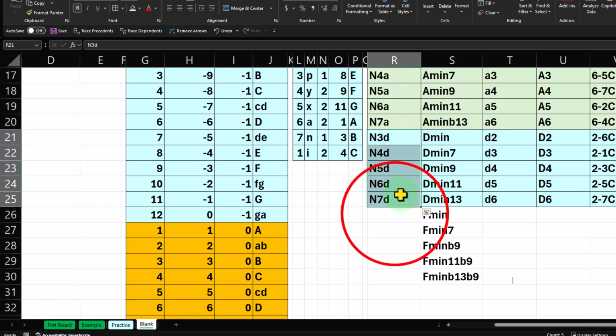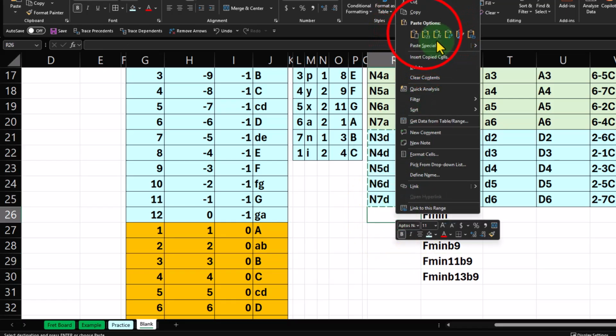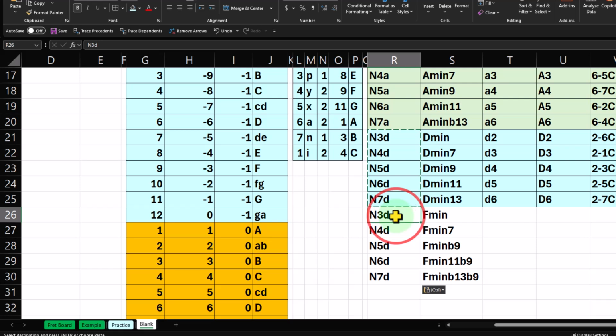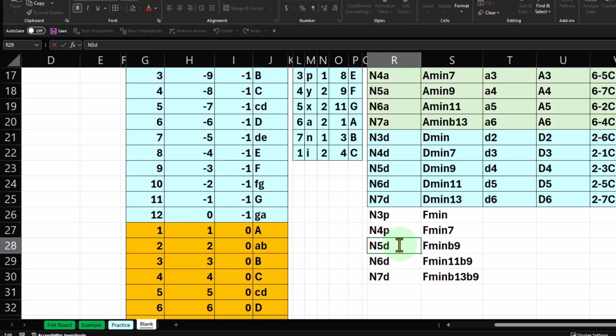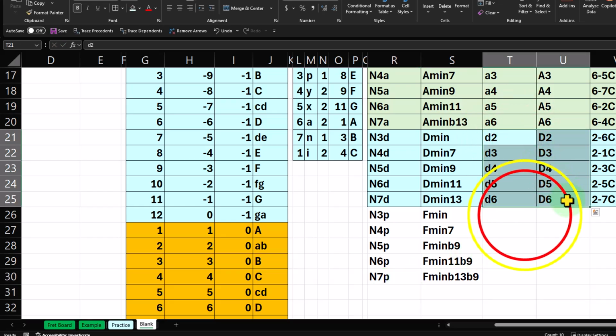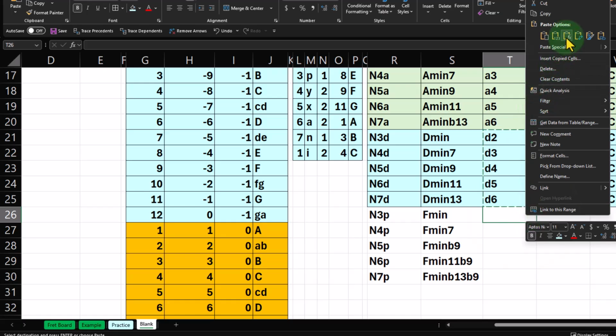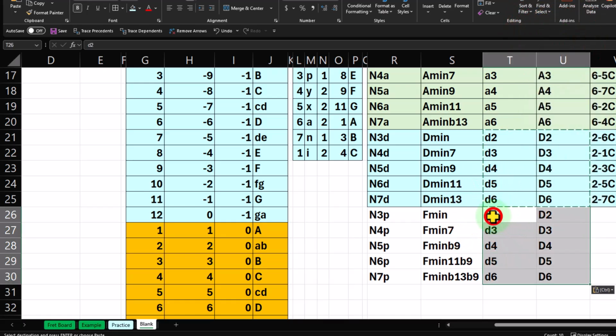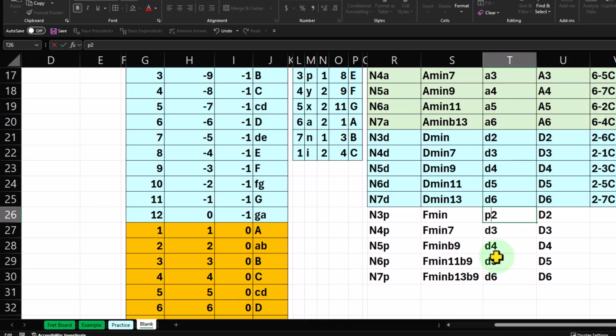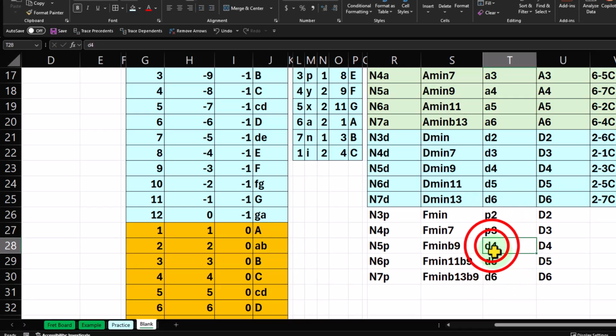Copy this down, paste it, values only, and I'm just going to change the D to a P for the Phrygian. D to the P, D to the P, D to the P. So this is a 6-note Phrygian, and so you just take every other modal half step until you get to 6 of them, and then we'll copy this down, boom, and here, and then I'm just going to change the D to the P. So start at the Phrygian, go 2 modal whole steps up from a distance perspective to